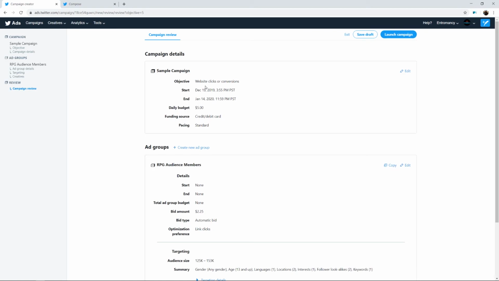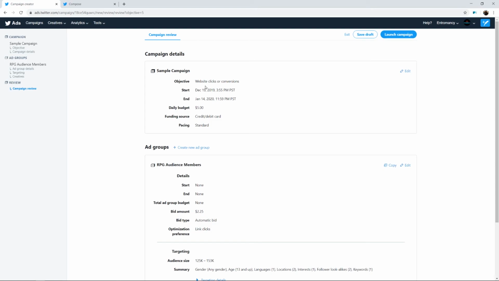and you'll click launch campaign to launch it at the time of your choosing. There might be some time in between when you launch it and when you actually start to see results. I'm not sure if it goes through an internal review before that happens, but there is a bit of a delay. And you'll want to make sure that you go back to that campaign while it's running and see how things are performing,